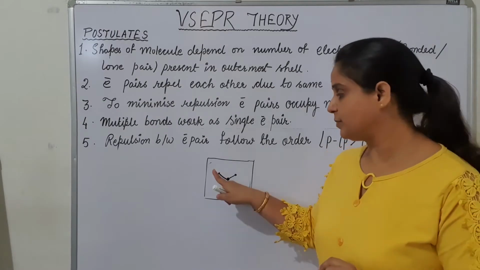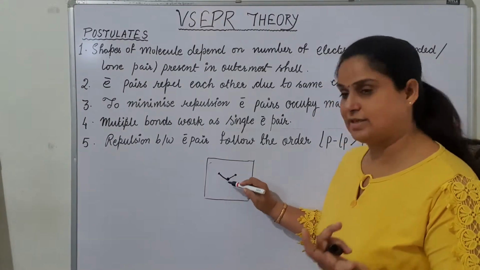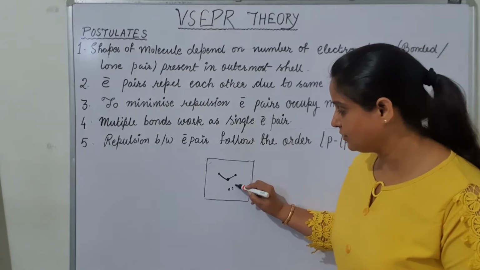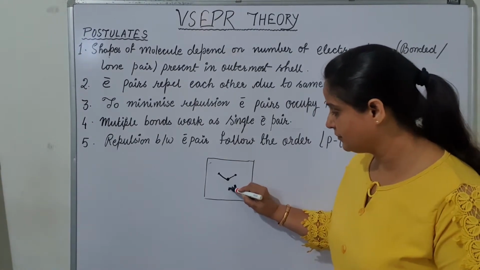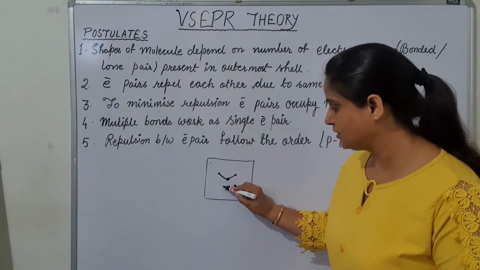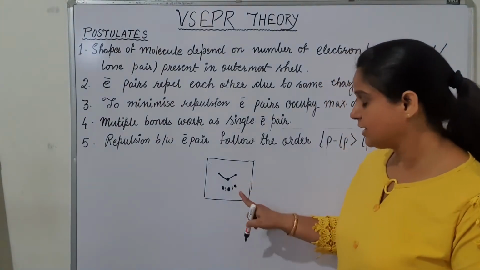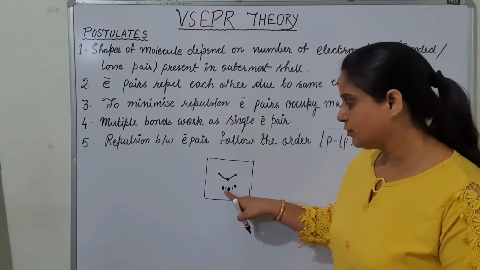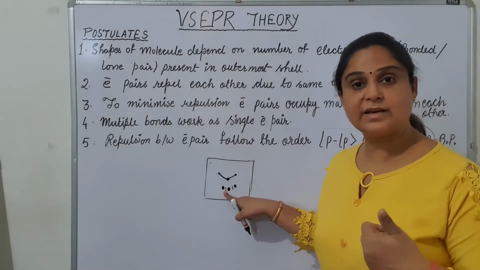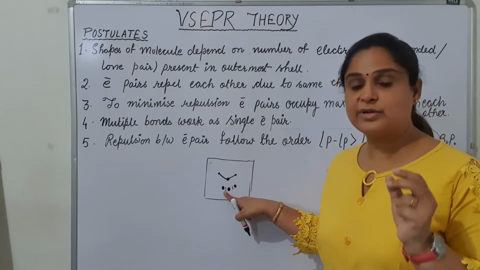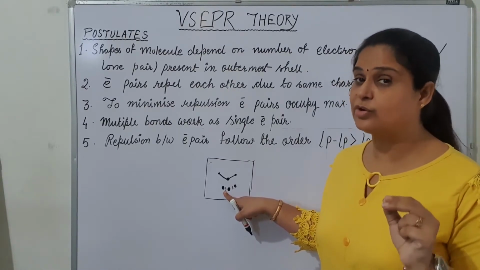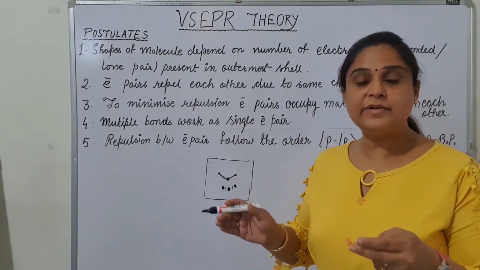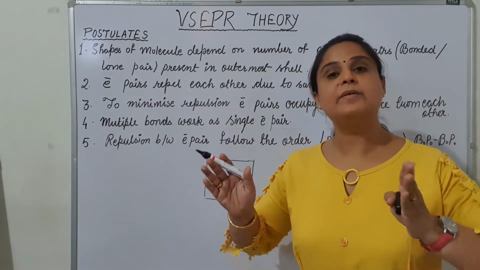Now these bond pair and bond pair, these are what? These are electron, actually it is nothing but what? Electron, atom, electron and atom. Okay, so these are nothing but the bond pair. So this bond pair will start repelling this another bond pair, and because they are repelling each other, they don't want to come in contact with each other. So what solution will they go for? They will maintain a particular angle and a particular distance.